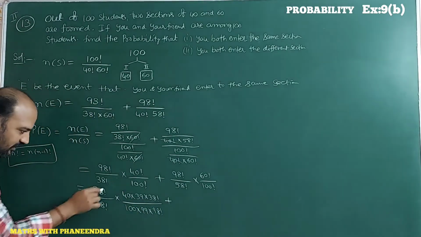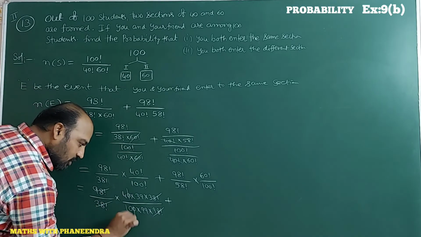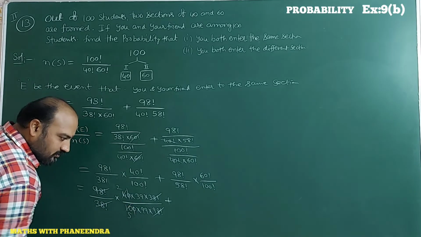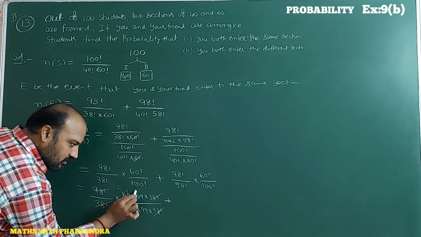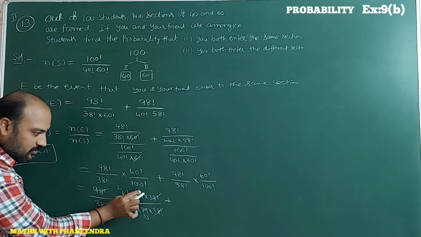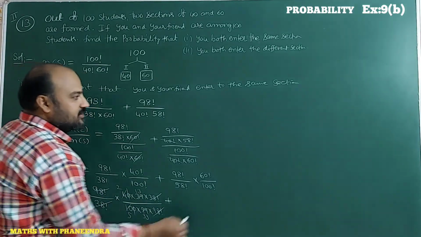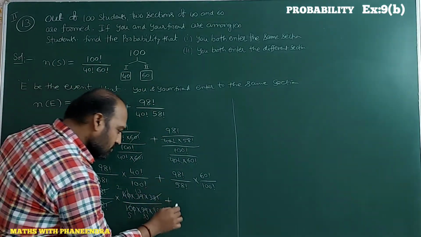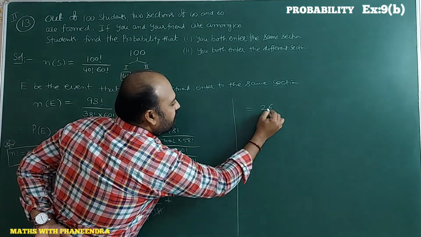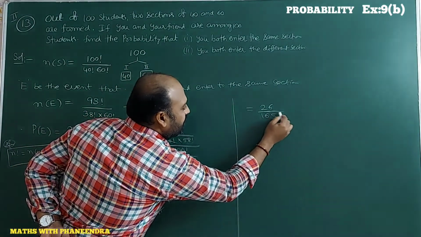What is the use of writing this? 98 factorial will be cancelled, 38 factorial will be cancelled. Here the zeros get cancelled. Two 2s are, two 5s are, and three 13s, three 33s. So 13 2s are 26 by 165. That I will write in the next step. So here I will write it before only: 2 into 13, 26, by 13 into 33 into 5, 165, plus